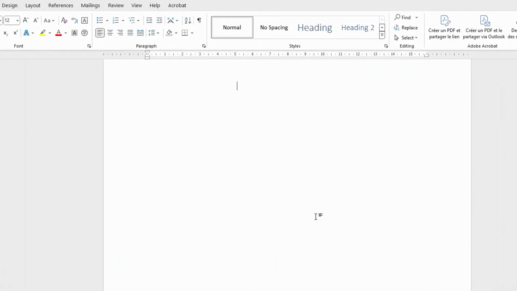To do this, I will have to create a section, because I don't want the front page to be numbered, and at the same time, I would like to add a border to it. If I put a border here, the border will appear on the other pages. And if I try deleting the page number,